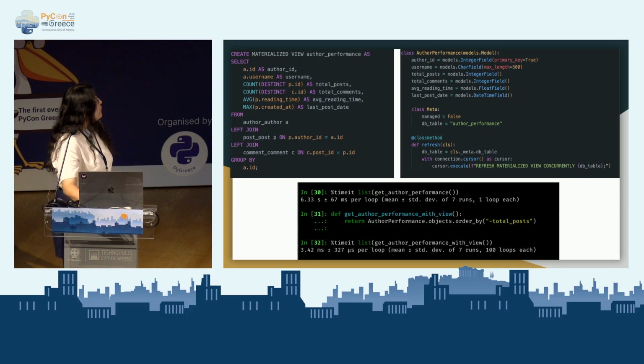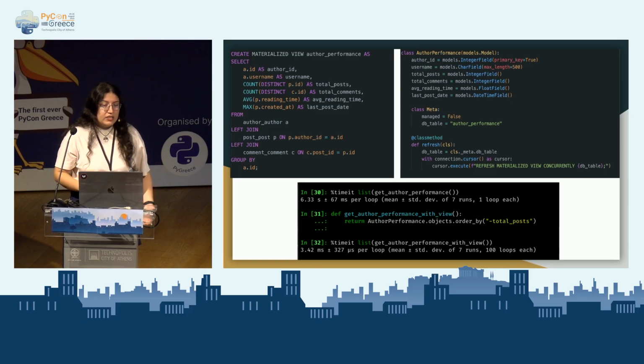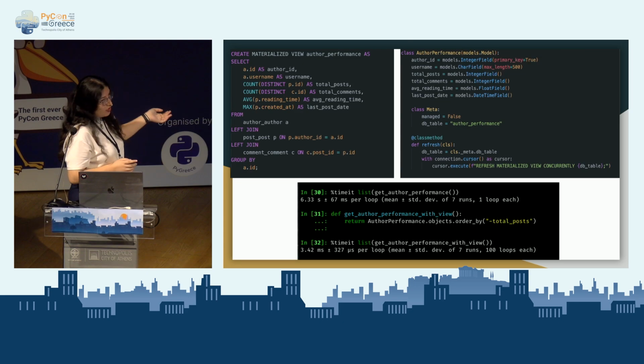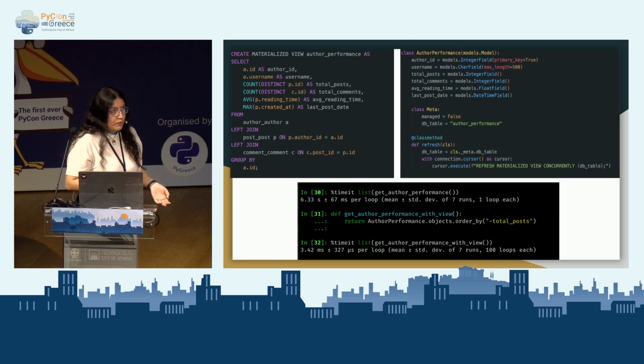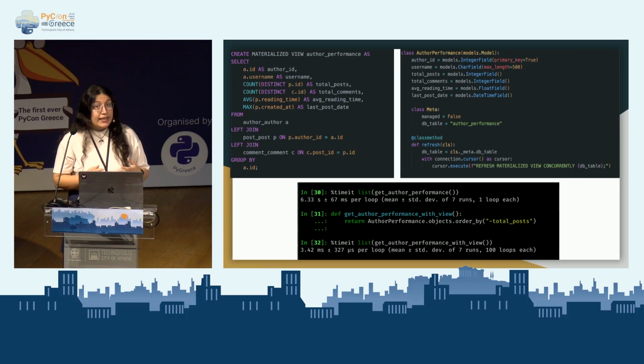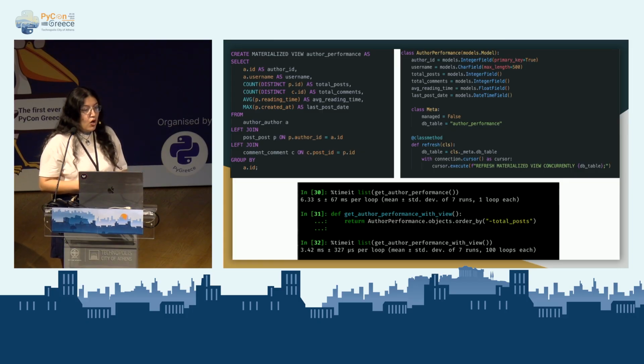If we want to rewrite this query with a materialized view, firstly we need to create the materialized view in the database with raw SQL. It's called author performance. Then to use it in Django, we need an unmanaged model. That means we tell Django not to create a new table or manage this table in the database.